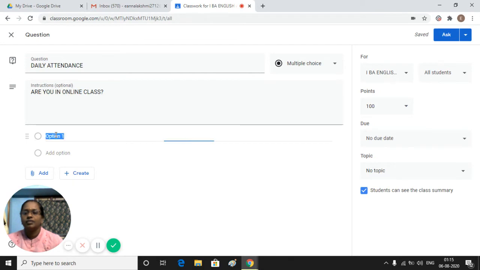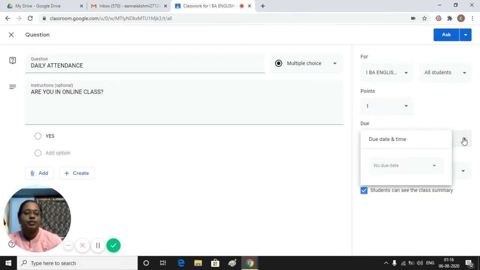Then type the first option, yes. Then give them marks, or else sometimes you can even assign 1 mark for that attendance. Like that you can assign.